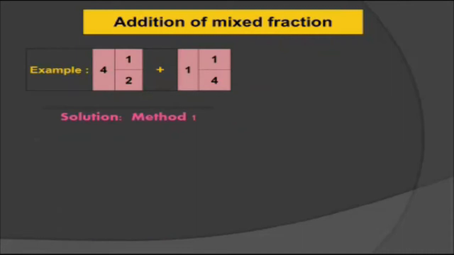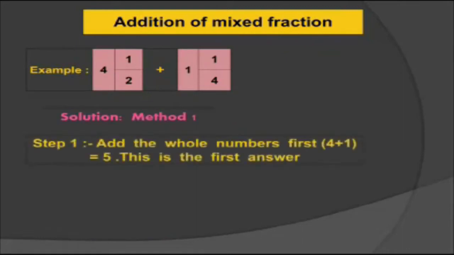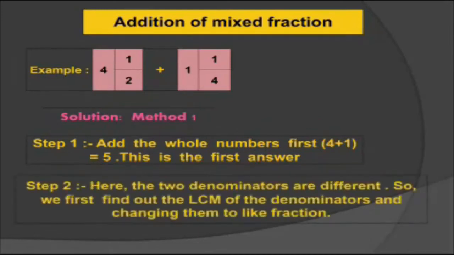According to this, we have to add the whole parts of the mixed fractions. Here we can see that 4 and 1 are the whole numbers of the mixed fractions, so we need to add these numbers first. We are adding 4 plus 1 is equal to 5. We can consider this 5 as the first answer, right? In the next step we can see that